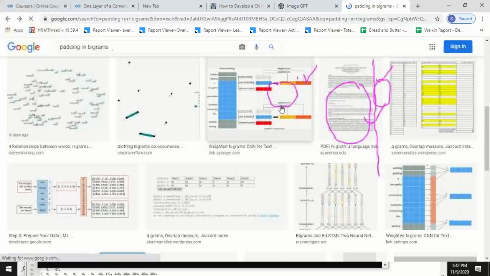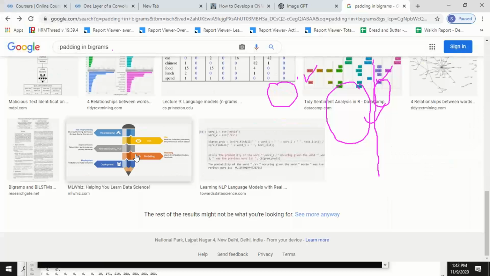So it all depends कि आप मॉडल को क्या कर रहे हो, क्या मॉडल डायग्राम हो ट्राइग्राम, उस लेवल पे ये काम है. But yeah, that's the patterns. So padding is another important concept, but let's see